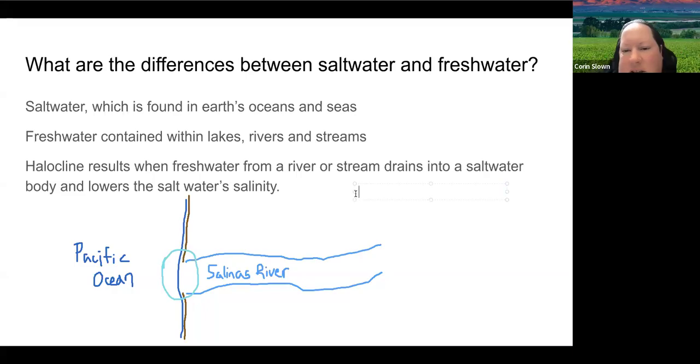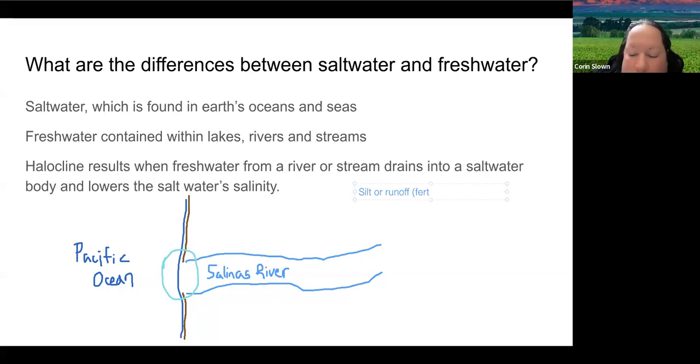So in our Salinas River, what are some of the things we might have? Well, we could have silt or runoff. The Salinas River supplies water for many of the agricultural fields in the area. So that runoff could include